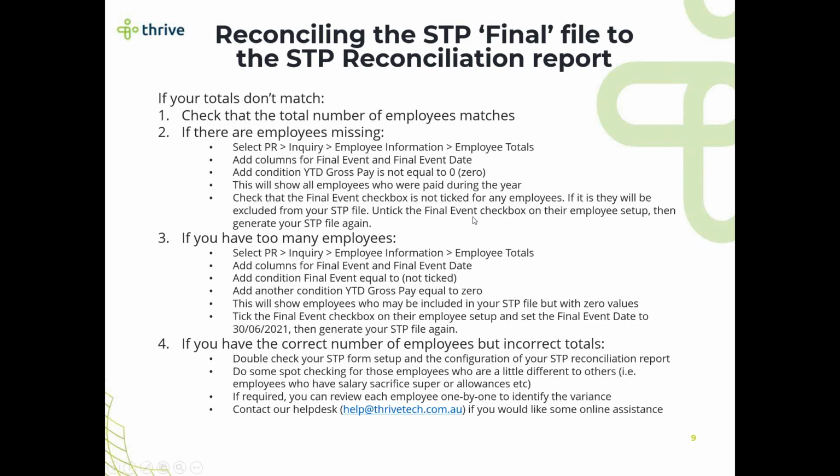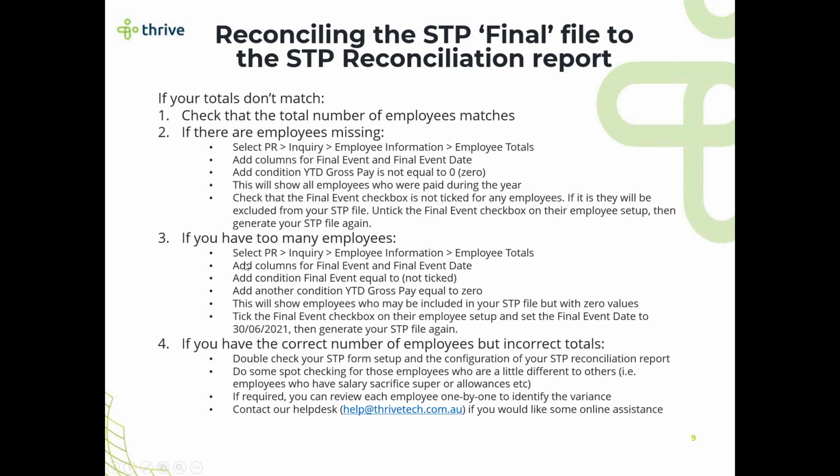So you'd probably want to adjust your custom report to exclude them because you've already done the final event for them earlier. But under normal circumstances, people just resigning through the year or terminating their employment, you don't need to tick the final event checkbox. You want to make sure that you're lodging a final file at the end of the year. So if you go and untick those employees, go and run your final file again, upload it to the portal. Hopefully then you'll have the right number of employees and your totals will then all